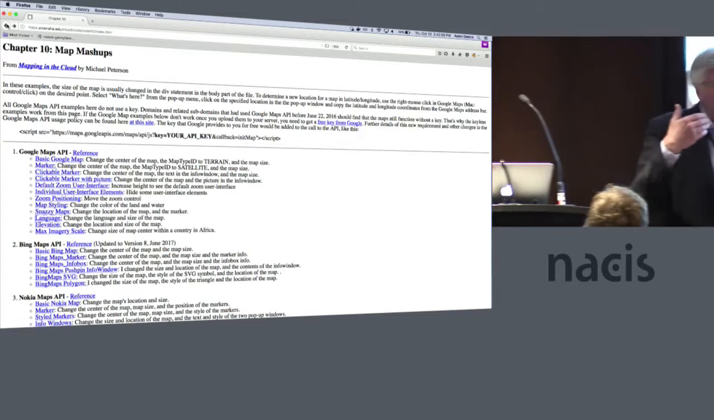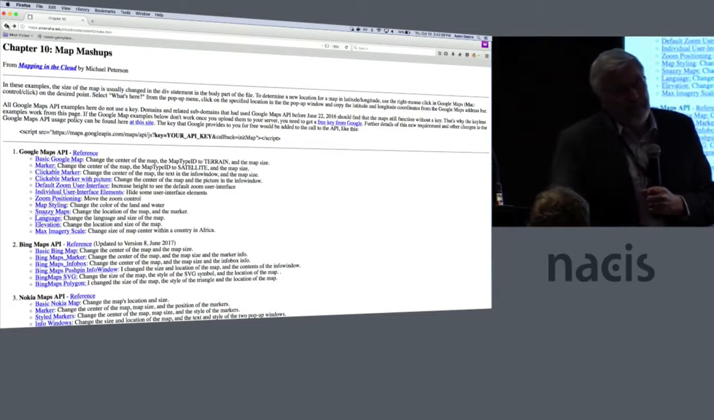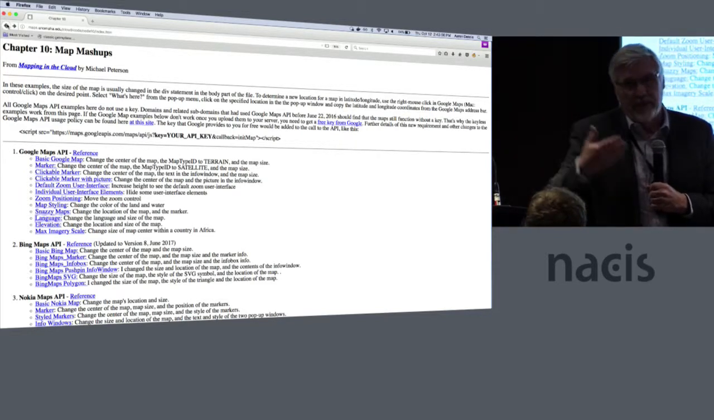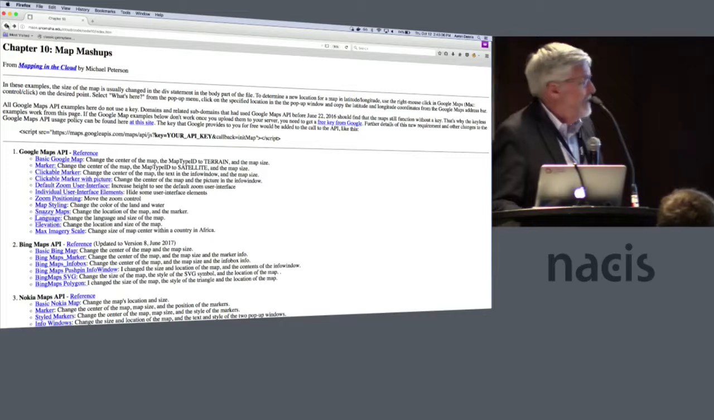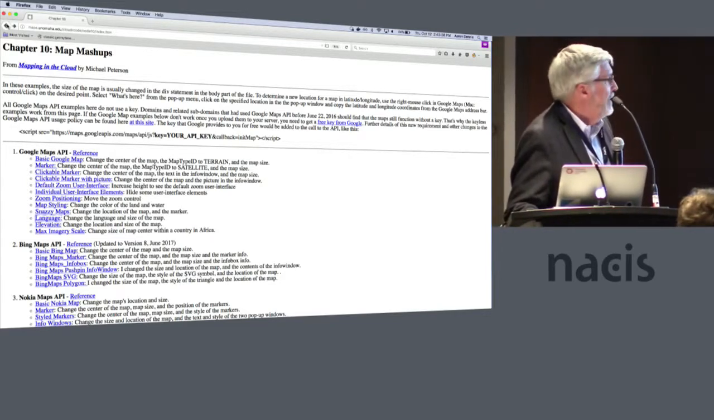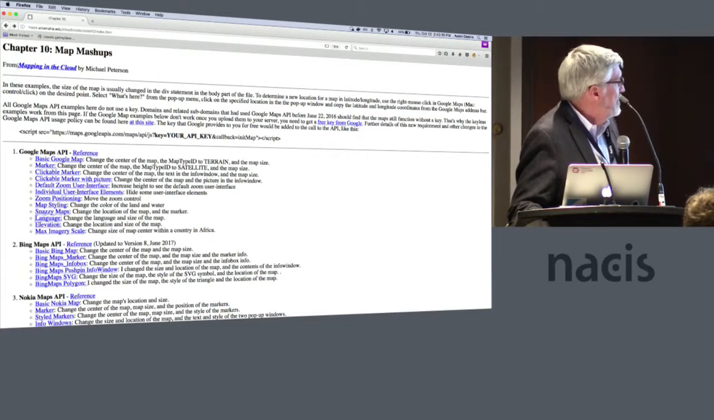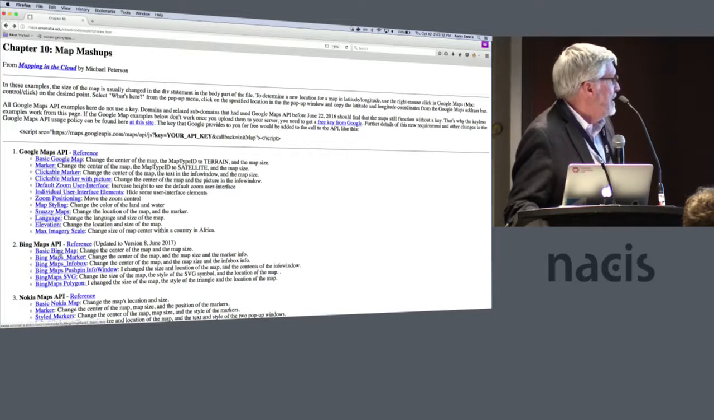You may notice I'm missing Mapbox. Mapbox requires you to sign up. I don't want my students to go through that, so I don't have an example of Mapbox here. It's basically they don't have to do anything to make these work. Now with the Bing Maps,